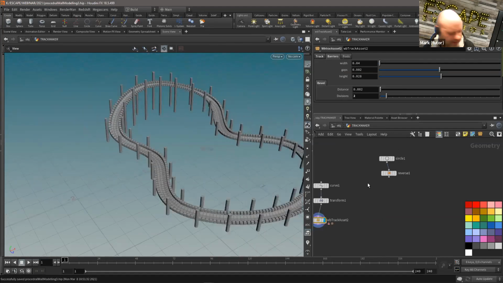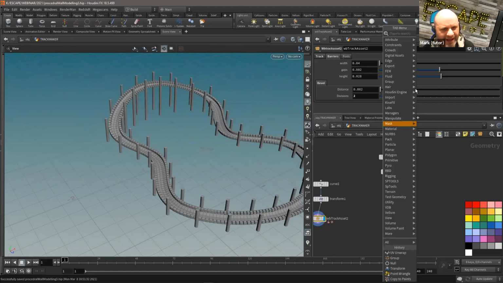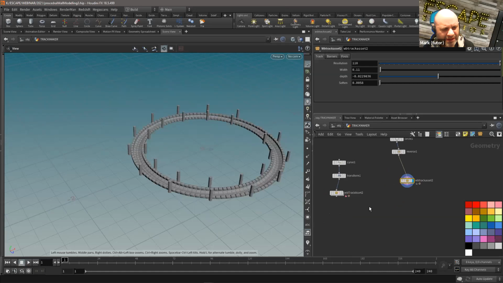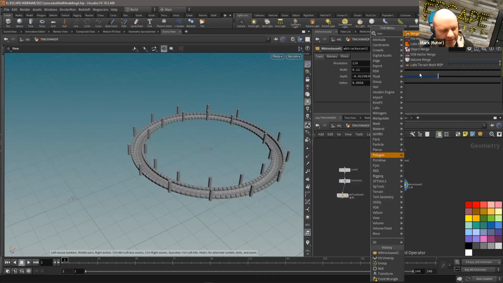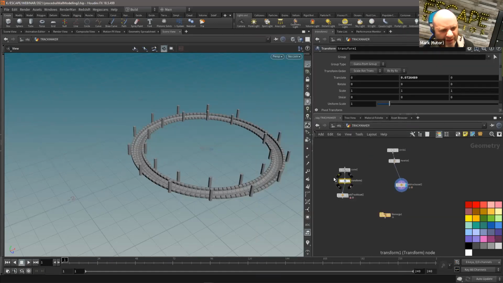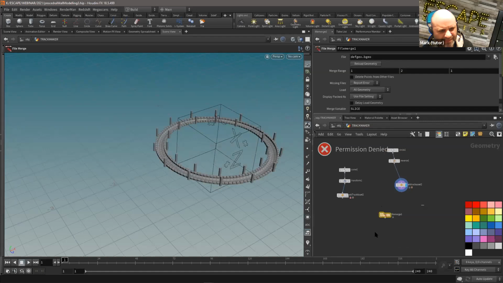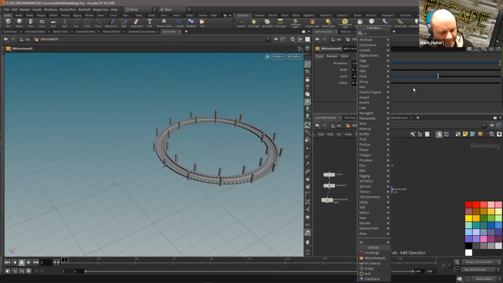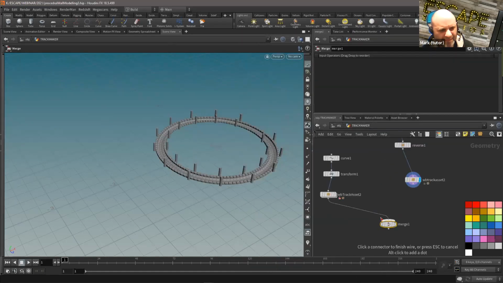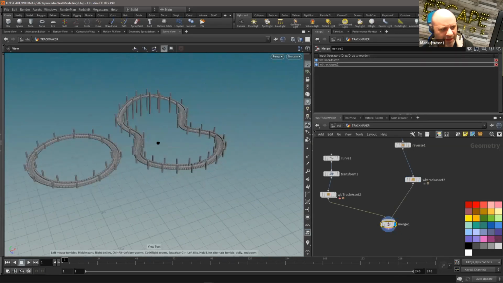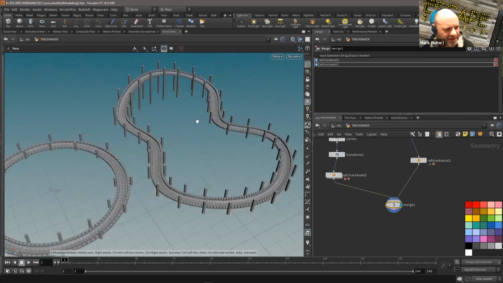So the useful thing is this has become what we call an asset. So if I hit tab, you'll see in assets there, you'll see my tool appears, and I can plug in another version. And I've got two kind of tracks. If I just merge them together so we can see them at the same time. So let's just pull that one over there. Oh, that's not a merge node. There we go. And then I can just keep plugging in lots of different curves, and I can generate lovely